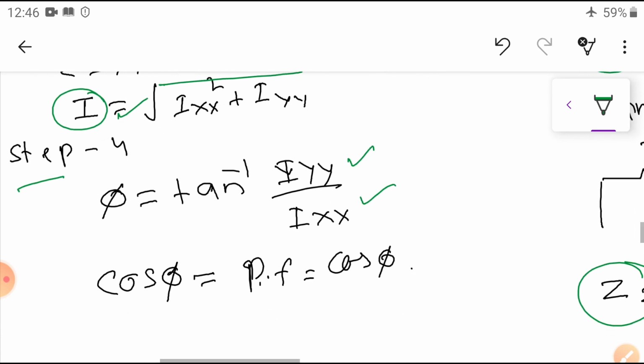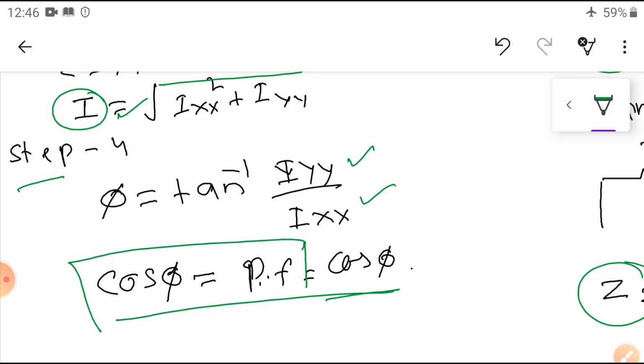Similarly, cos phi, that is called the power factor, is equal to cos theta. So these are the procedure for solving parallel circuits. Dear students, practice it two to three times, and you may get command of this method.